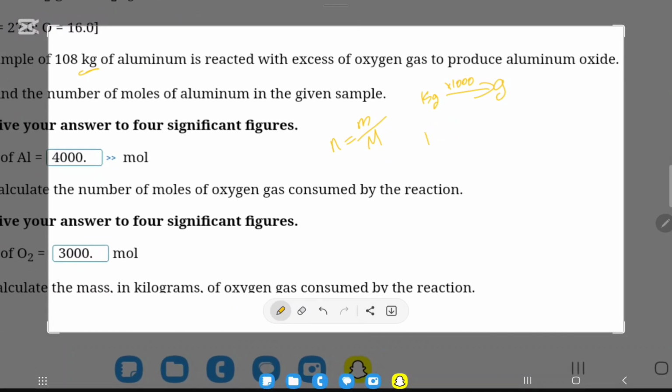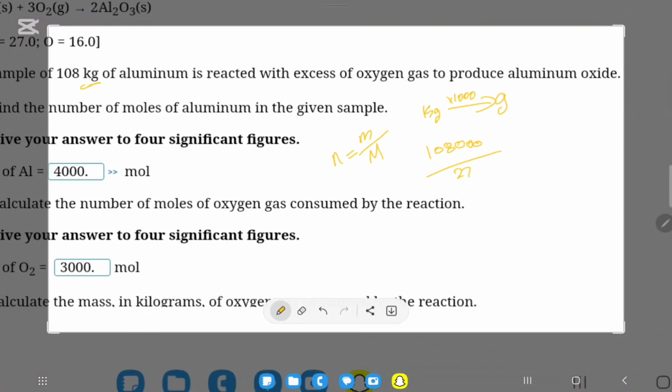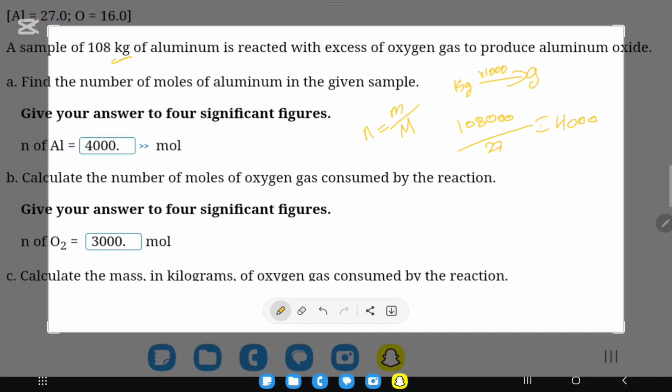We have 108,000 grams of aluminum over the molar mass, which is 27, and you put it on your calculator, you get 4,000. You have 4,000 moles of